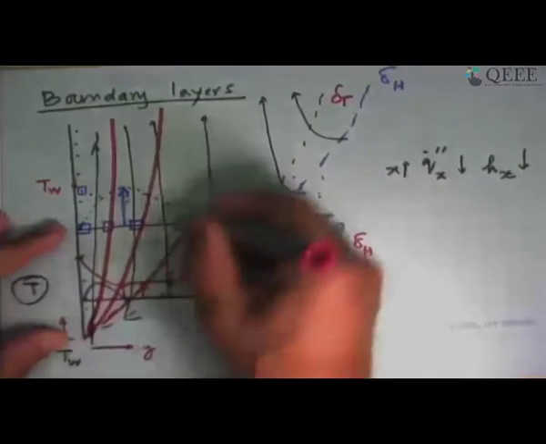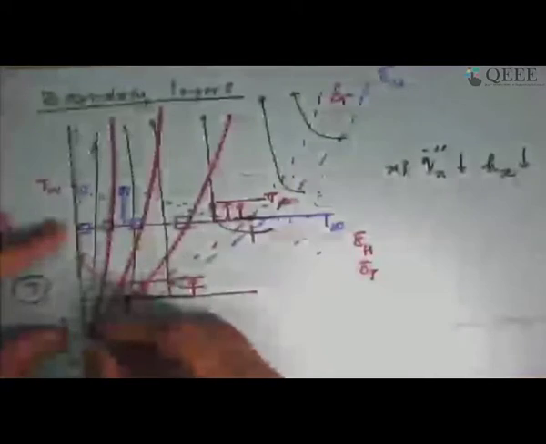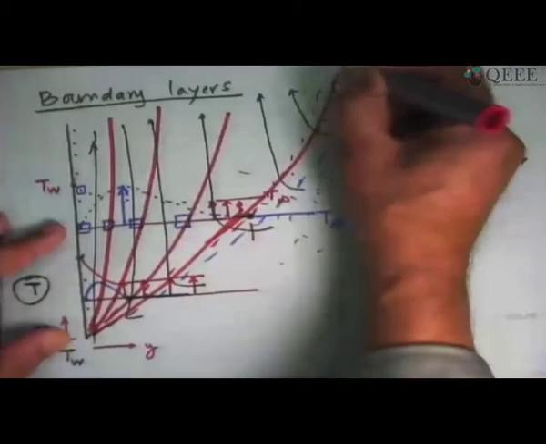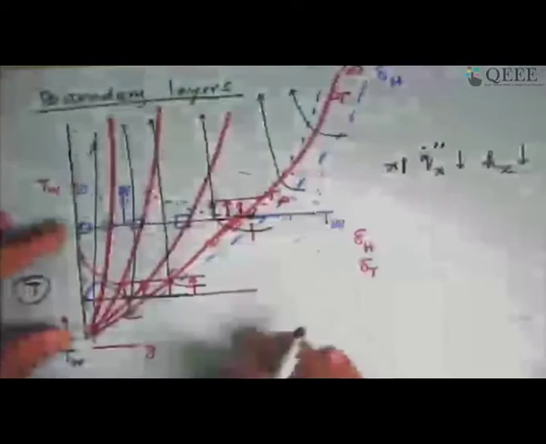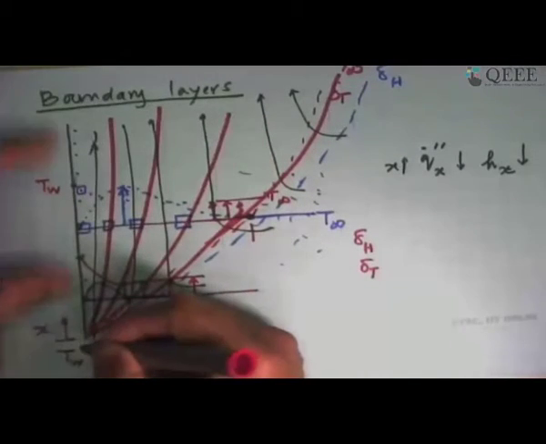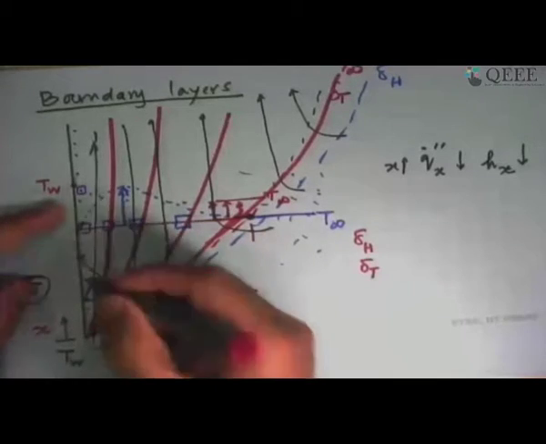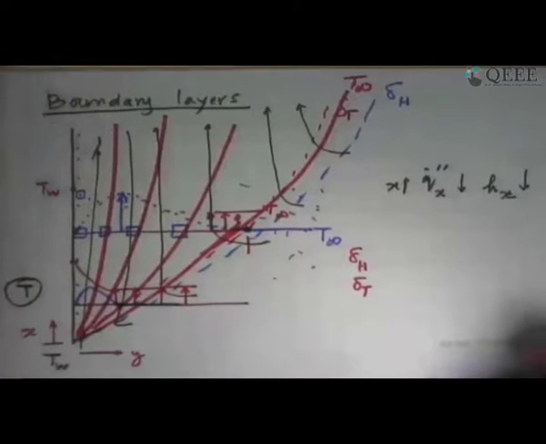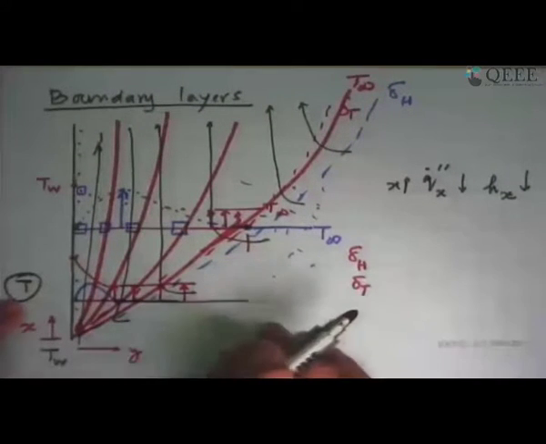And the next lower line will go like that. And finally, the edge of the thermal boundary layer will be the isotherm line of T infinity. Outside that, it is all T infinity. The plate itself is the isotherm of TW. So we will see isotherms of this type. And this is going to be the case of a constant wall temperature.